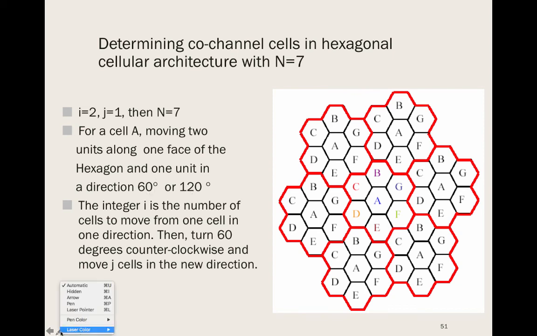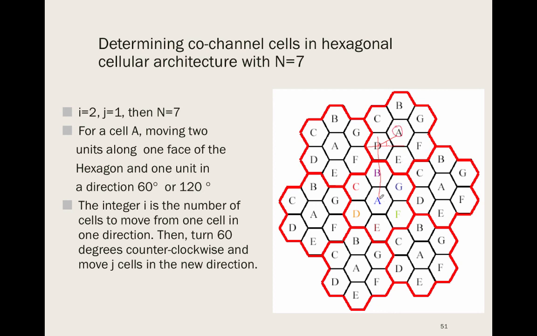So if I pick the pen here, and this is the A, we go one face, sorry if it's not straight, for 2, because i is 2. And we need to go one cell in 60 degrees. So if roughly that's 60 degrees, we go one cell and you can see there's an A here.